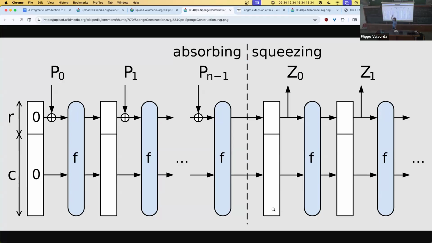Why nothing else? Even if there's more space, why don't you start putting the message in? Because this way you can run these three permutations and just keep it over there. And if you want to authenticate multiple messages, you can pre-compute this, because this part is always the same. If the user is always the same and you're always using KMAC and the key is always the same, even if the messages change, which you're going to sponge absorb here, you can pre-compute this way. And also it helps some with side channel attacks.